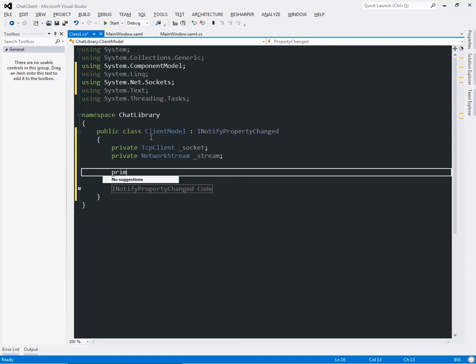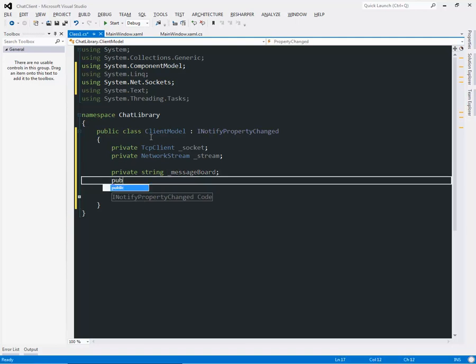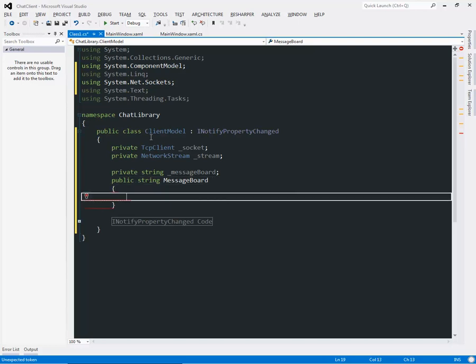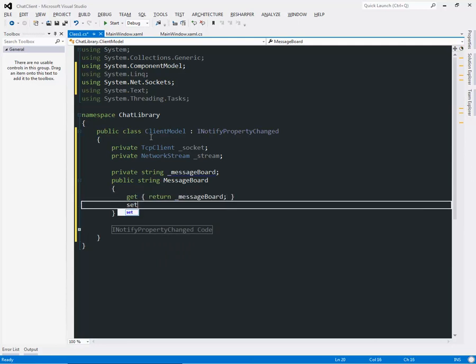So I'm going to need a private, and this is just going to be a string. This is for internal use if I need to change something without letting people know. _messageBoard. And then I have a public string MessageBoard. And this is going to be a get, and we have a return _messageBoard. Okay? And then we have a set,